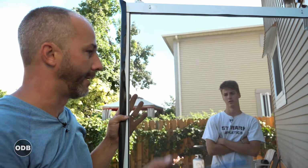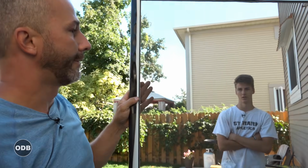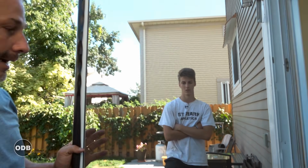So all you have to do is measure your door. It'll be a little bit less than 5 or a little bit less than 6 when you measure it, because they're measuring the total size of the jamb inside the frame of the building. So if it's a 5 or a 6, you go to the store, you get your corresponding screen, and then all you gotta do